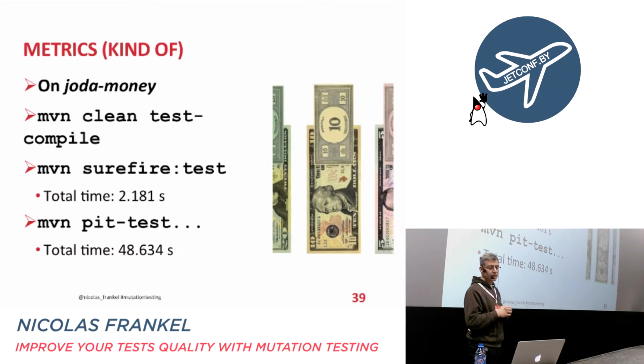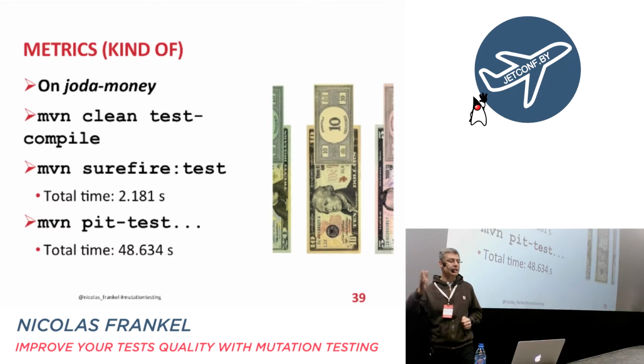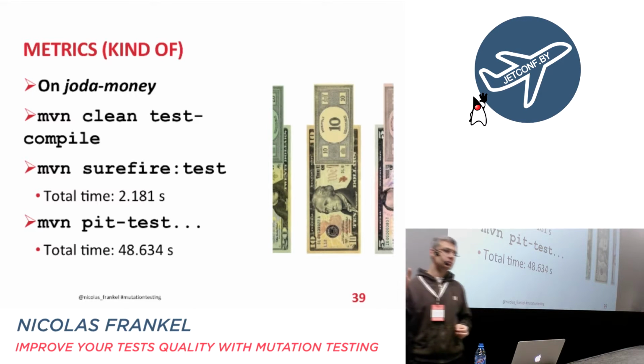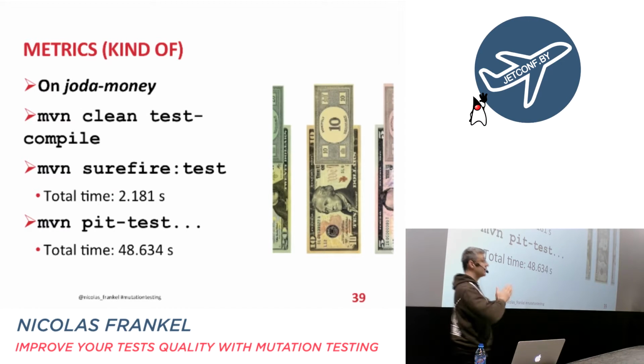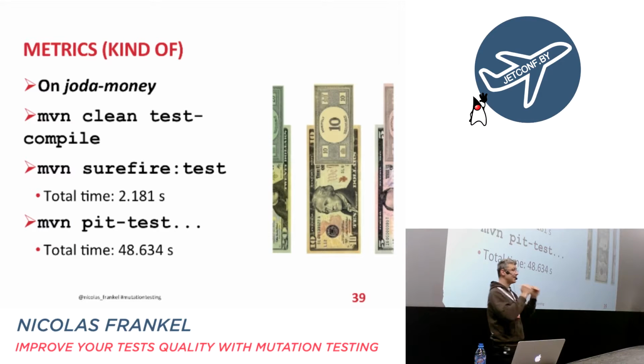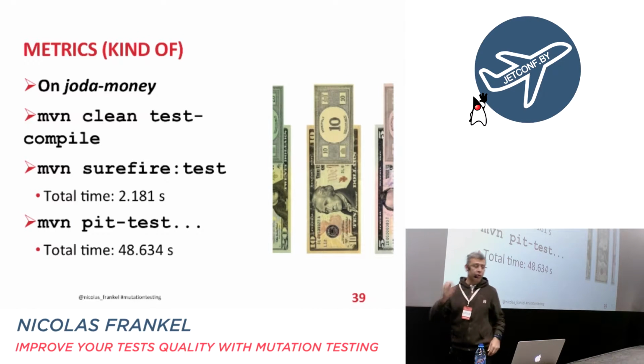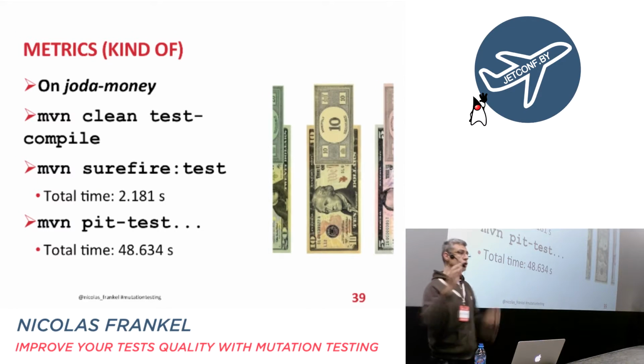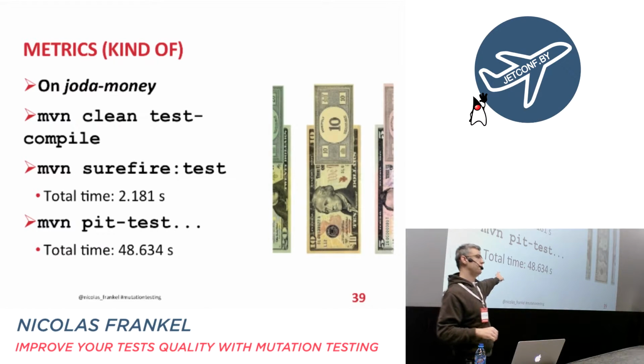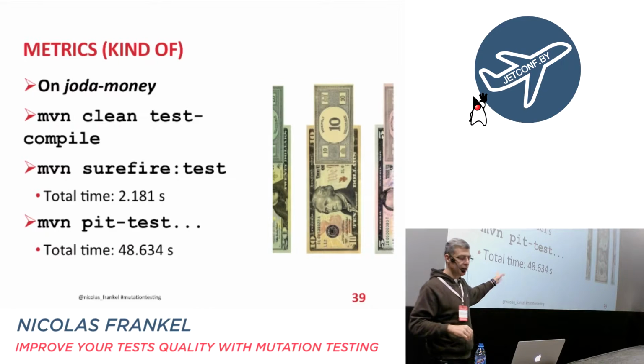Basically, if I do mvn clean test-compile, that means that all my classes and test classes will be compiled. Okay, so that's my blank state. Afterwards, I run just surefire test, just the execution of the tests. It takes me about 2 seconds or something. And then after, if I run the pit test,